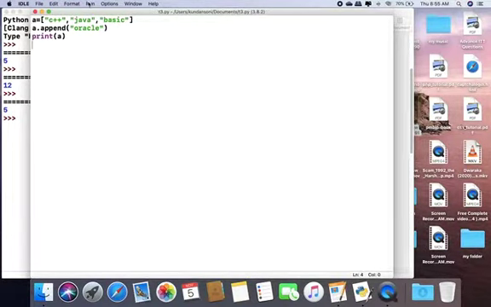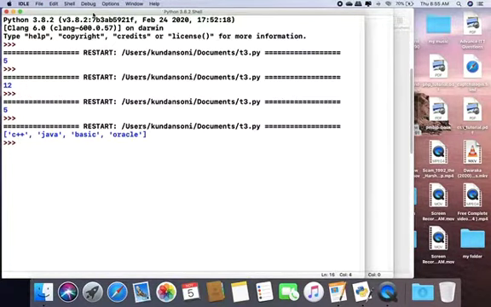So I run the program now. As you can see, C++, Java, basic and Oracle: at the last, Oracle is added by the help of the append function.